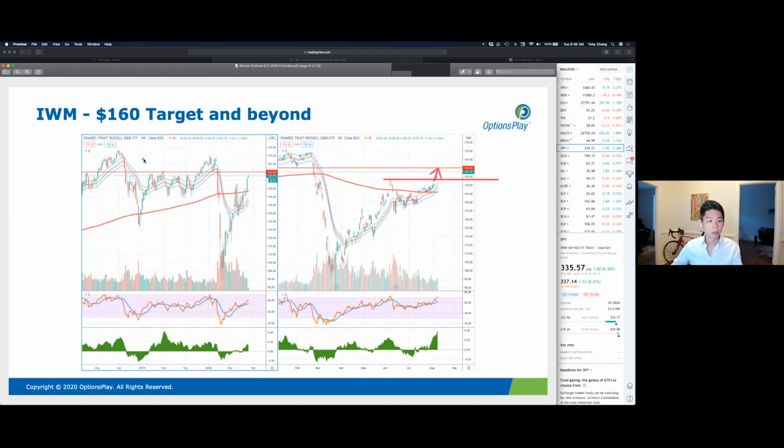160 is, I would say, an important level because 160 provided resistance for a good portion of 2018. It finally broke out above it, but barely moved much above this level before it crashed down during the coronavirus. Now the question is whether we can break back above this 160 level. If we can, that again is a net positive for the broader market rally